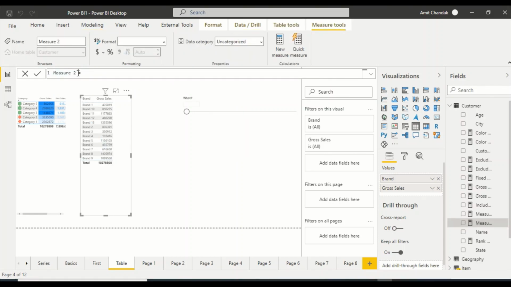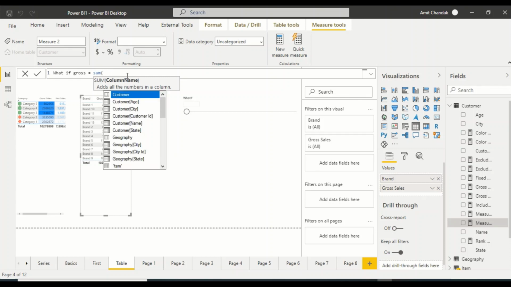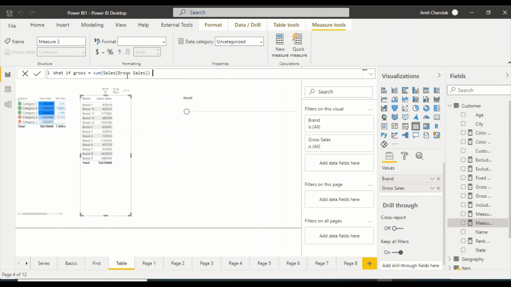I will call it what if gross, and then I say sum of gross sales multiplied by our what if value. Is it taking the column or is it taking the measure?